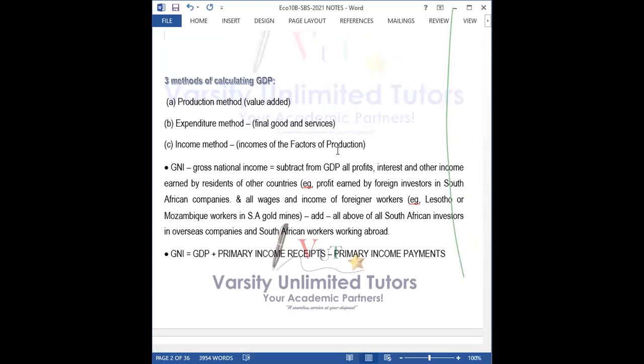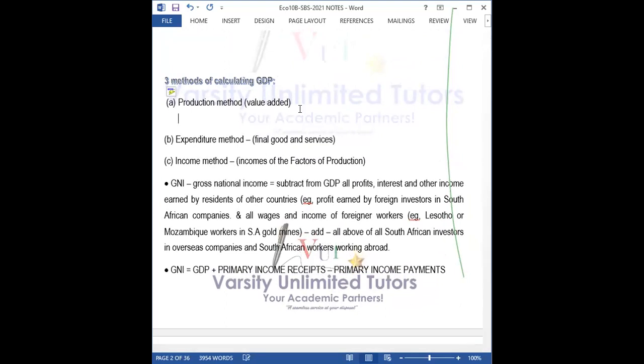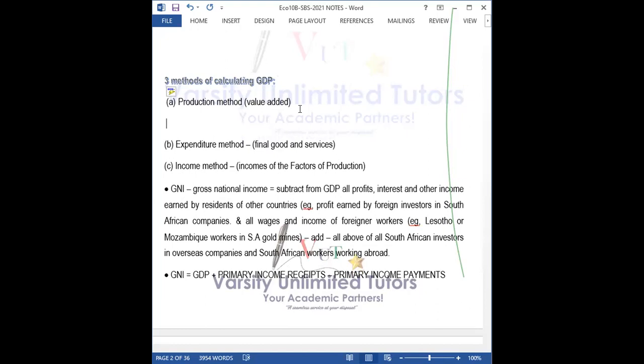And there are three methods that are used in measuring or calculating GDP. That is the production method or the value added method. With the value added method, GDP is simply calculated as the added value at each stage of production within an economy. So suppose that a product is being produced within an economy. I'll just give a hypothetical example. Suppose we say that maybe it's bread. This bread initially is produced from wheat, and we just assume that a farmer maybe used a certain amount of